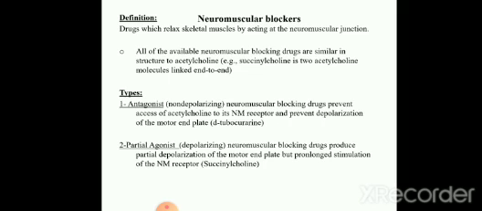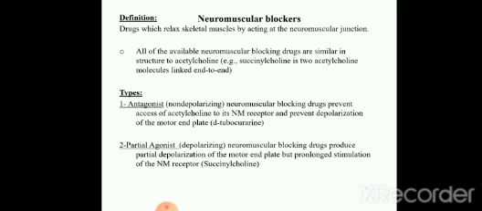Based on the type of drug we are using, whether an antagonist or an agonist, we can classify these neuromuscular junction blockers. When it is purely an antagonist, this neuromuscular junction blocker won't depolarize. It simply blocks the NM receptor. They are considered to be antagonists, and are called non-depolarizing blockers. The partial agonists produce a submaximal depolarization, but they have some prolonged effect which results in skeletal muscle relaxation. They are called depolarizing blockers.